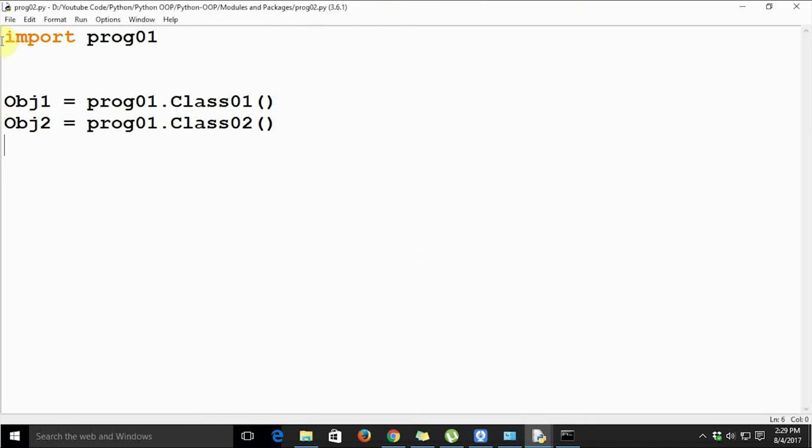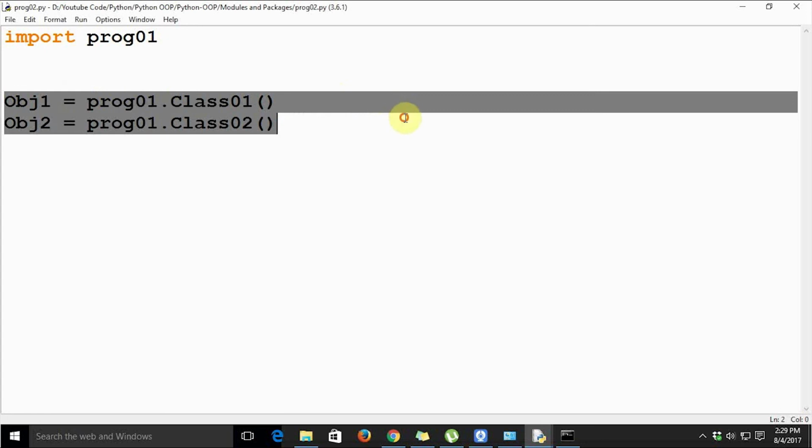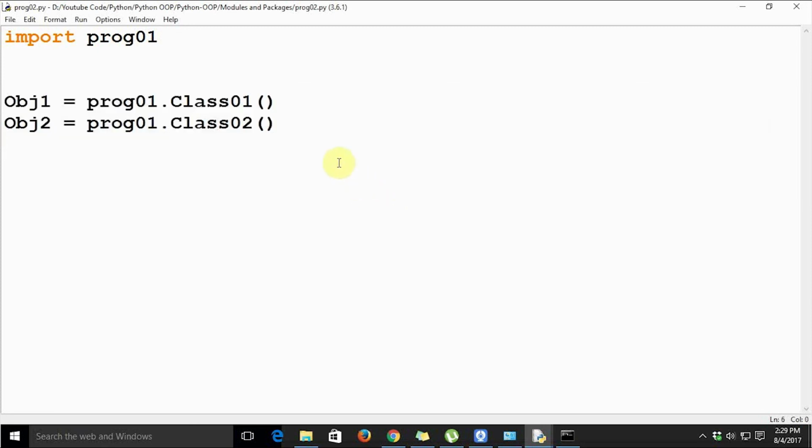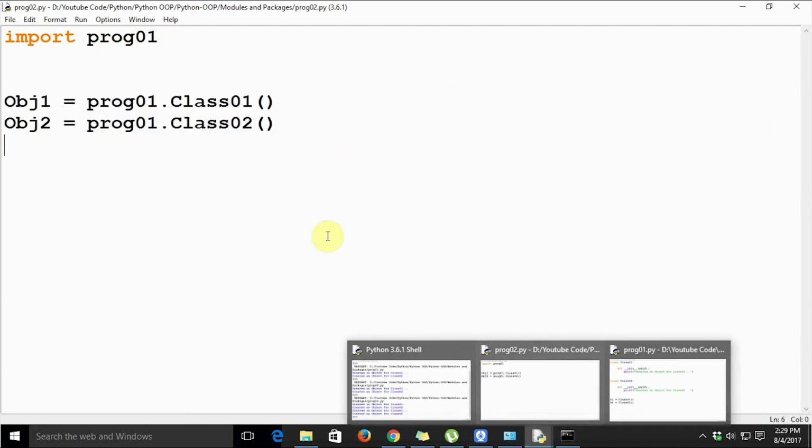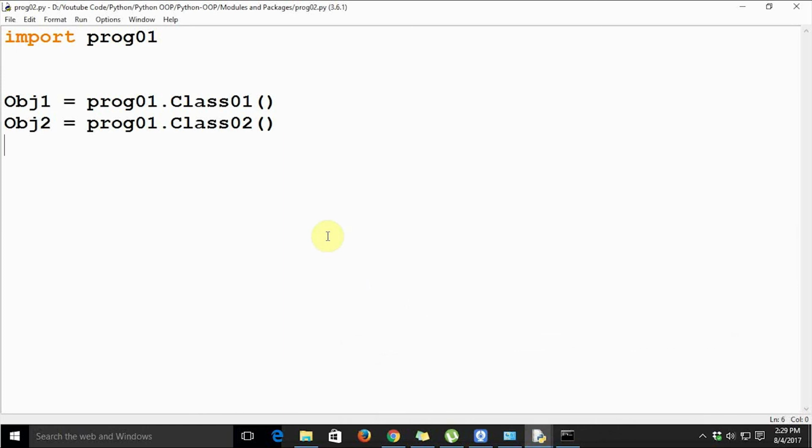But as of now you can see we are importing prog01 and it is importing all the code from the module prog01, and we can create the objects obj1 and obj2 of class 01 and class 02 from the module prog01. So this is how we can create and use simple modules in Python.